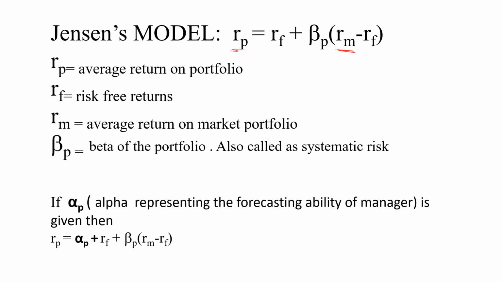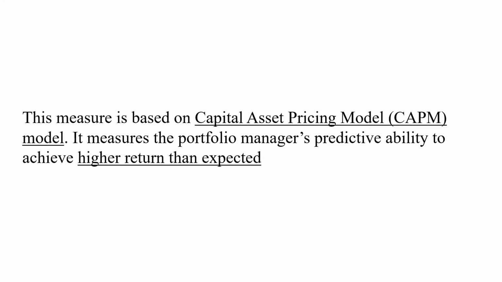If they are giving forecasting ability in the problem, the forecasting ability of a manager is also given, then in the same formula you add this alpha along with it. So here it considers both the alpha and the beta value. The Jensen model is comparatively better than other models in that respect. So this final model, the Jensen model, is based on the CAPM model. The CAPM model we have already seen. Because it considers an individual's ability also, his knowledge, his decisions and his logical interpretations are also seen. So based on his judgment, you can receive a higher or a lower return.